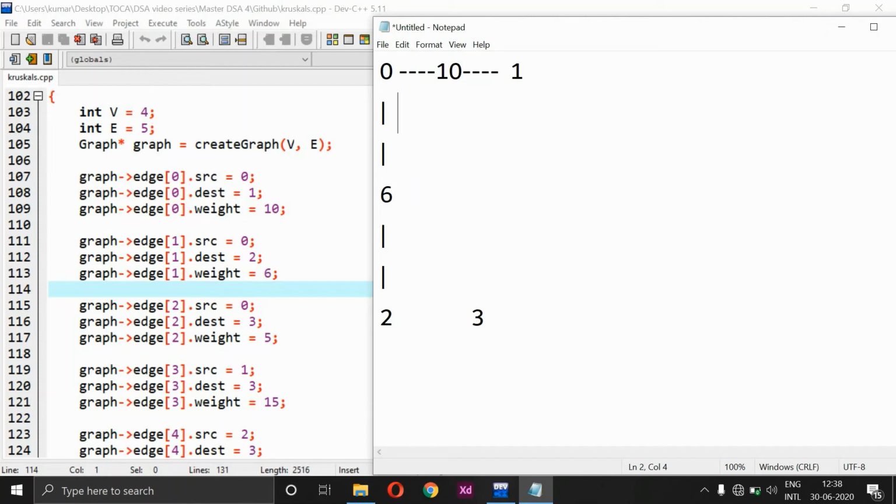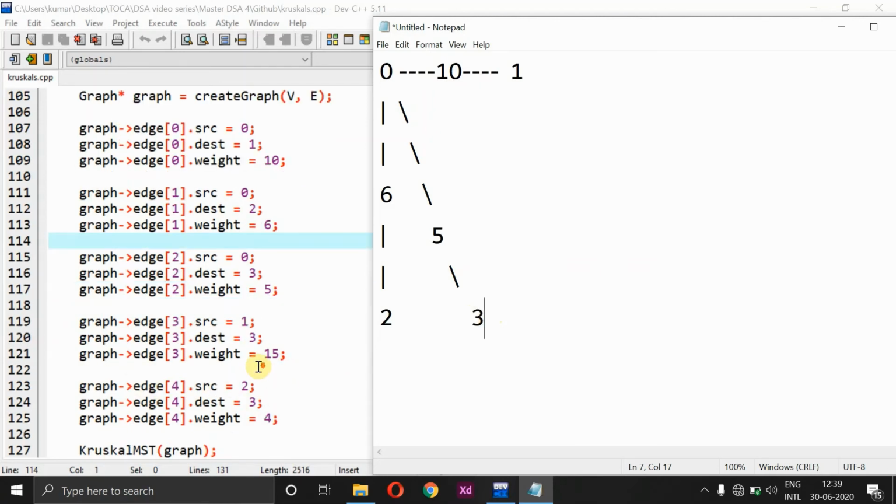Let's do something like a slash. So I have given the values. From 0 to 3 the weight is equivalent to 5. So from 0 we reach the destination node 3, and the weight is mentioned as 5.